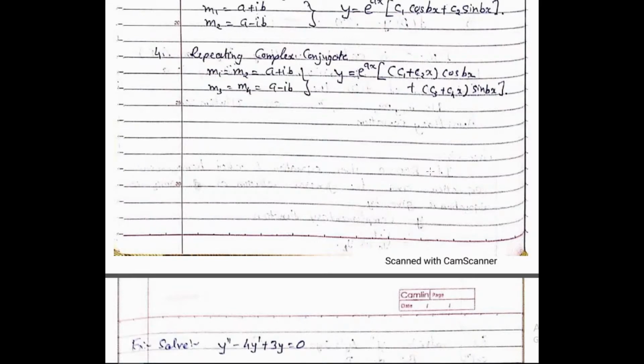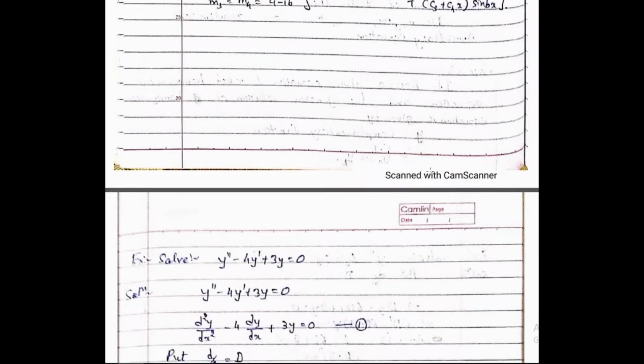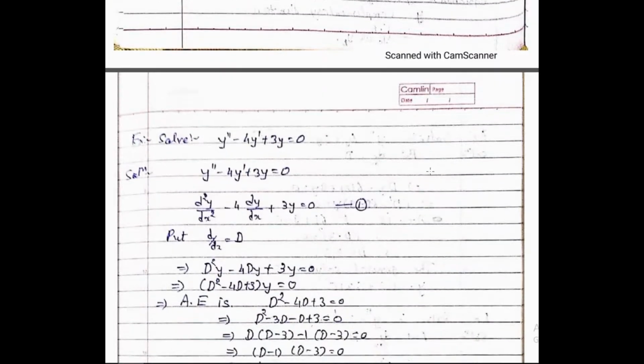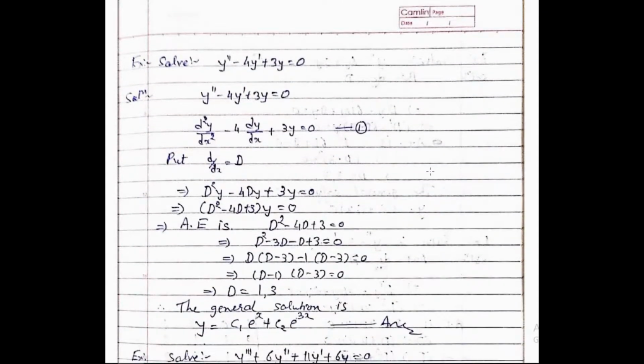solution of homogeneous equation. Now see, if you have been given any equation, it is given either in the form solve the differential equation, or simply given as is. So I have written the example: solve y double dash minus 4y dash plus 3y is equal to 0. See, here you have it equal to 0. That means this equation is homogeneous. That is the first thing. And if you have a homogeneous equation, then the general solution is nothing but the CF. So you only have to find out the CF.